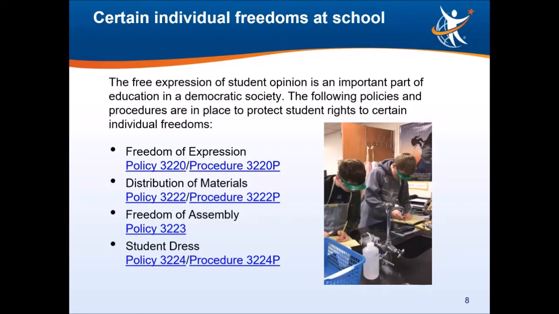Students may distribute student publications or other materials while on school property in accordance with Policy and Procedure 3222, although locations and times of distribution during the school day may be limited. Like other forms of expression on school property, students' distribution of material shall not create a substantial disruption of school activities or otherwise materially interfere with school operations.